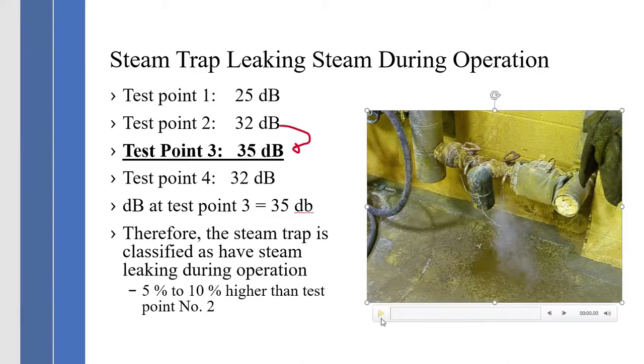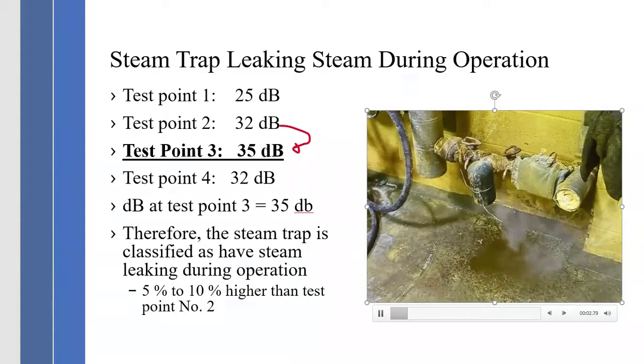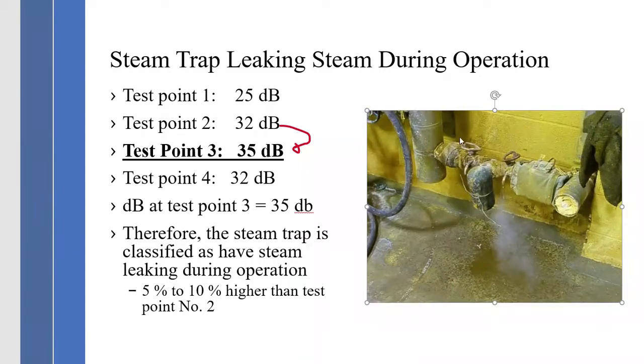So if I was testing the steam trap here, my upstream would be 25, downstream would be 32, and my discharge orifice right here would be 35, and we consider that to be leaking steam. As a visual indication,